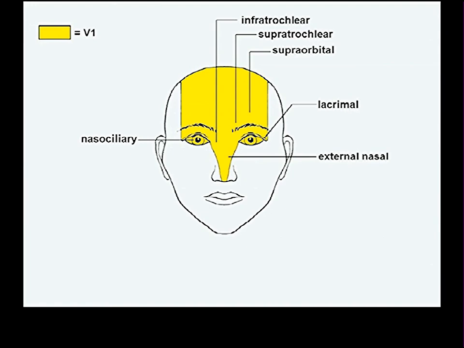It does a bit of the superior aspect of the nasal septum and the superior aspect of the lateral nasal walls, and then the anterior ethmoidal nerve emerges between the lateral cartilage of your nose and your nasal bone as a nerve called the external nasal. So that's the terminal branch of the anterior ethmoidal nerve, and that does the skin along the entire dorsum of your nose and a bit on the sides as well. Supratrochlear and supraorbital are the two nerves of the forehead. And lacrimal does a little bit of skin right here on the lateral aspect of the upper eyelid.